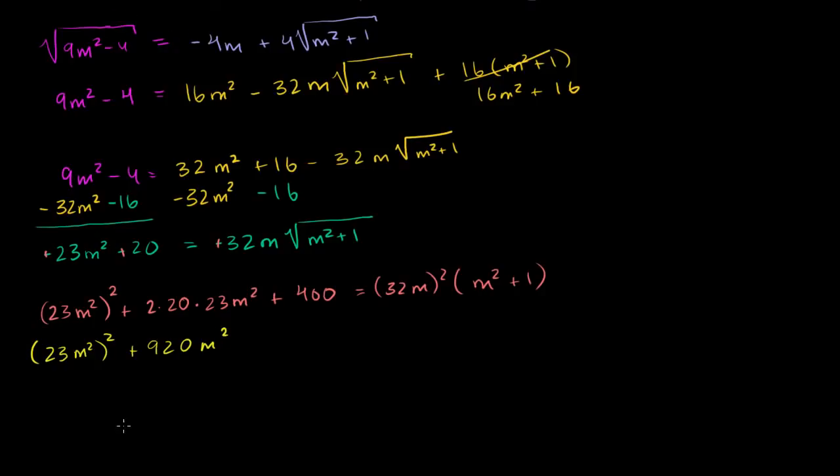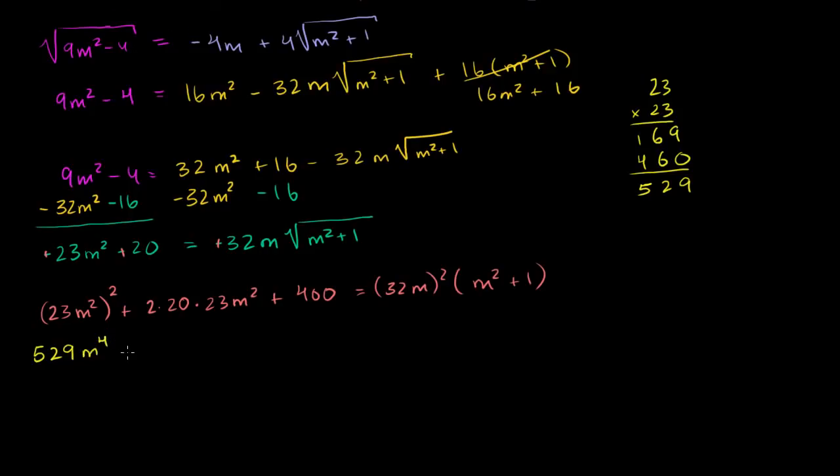Actually, let me expand everything out here. Let me just go straight to the numbers. So 23 times 23, 23 squared. 3 times 3 is 9. 3 times 2 is 6. 69, put a 0 here. 2 times 3 is 6. 2 times 2 is 4. So you get a 9. 6 plus 6 is 12. 1 plus 4 is 5. So you have 529